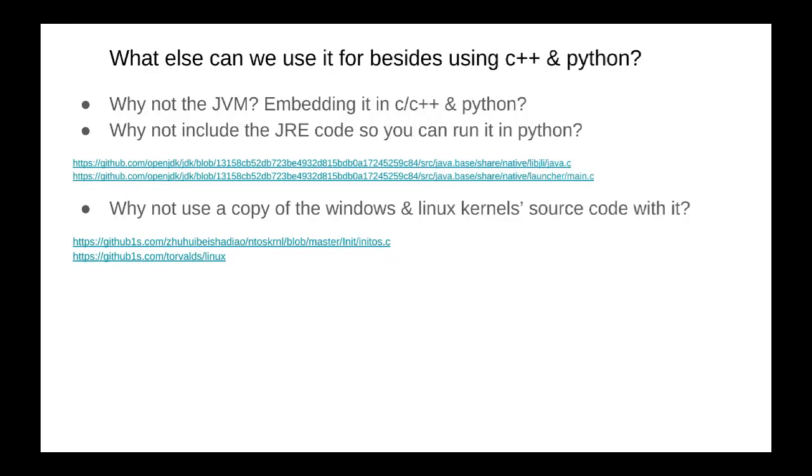So why not keep a copy of the Windows kernel and a copy of the Linux kernel? And explore it a little with github1s.com. I ran across that looking at all sorts of code and not being able to figure out where it linked to. And I hated that the most about C++. Whereas with Python and normal GitHub, there was no problem looking for that little function that was existing in some other file, and the same was true for Java for a little while. So this sort of tells that issue to go and fly its own kite.